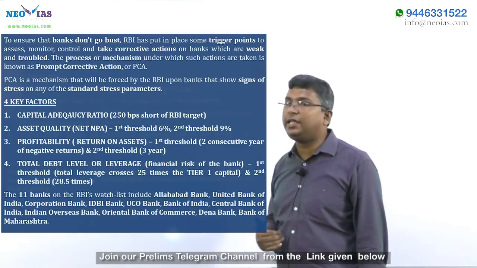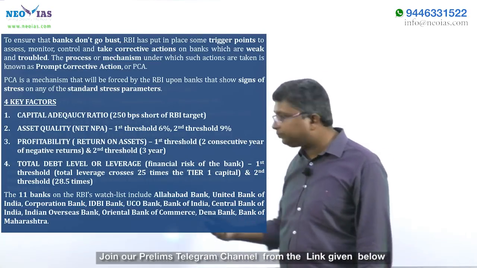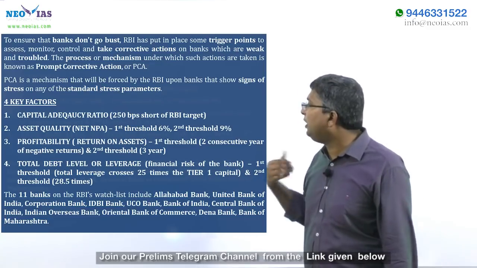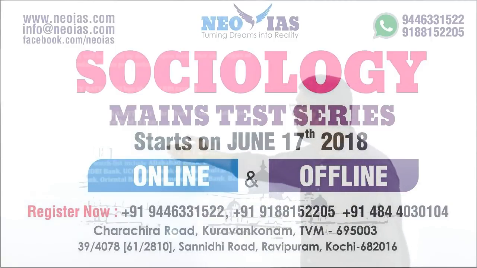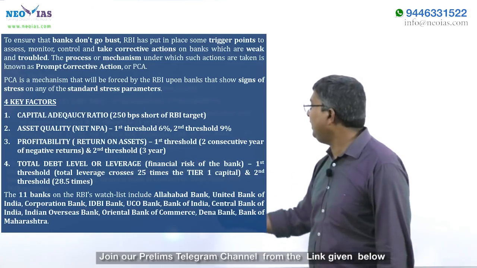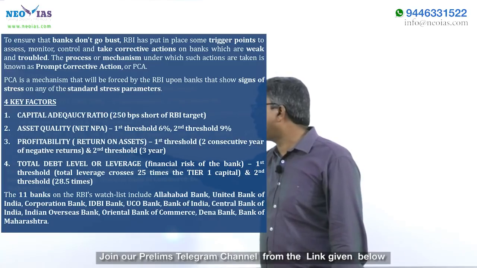Fourth key indicator is total debt level, also called leverage. This total debt level or leverage measures the financial risk of the bank. We can know the financial risk of the bank. Okay, and regarding the total debt level or leverage, the first threshold is if the total leverage crosses 25 times